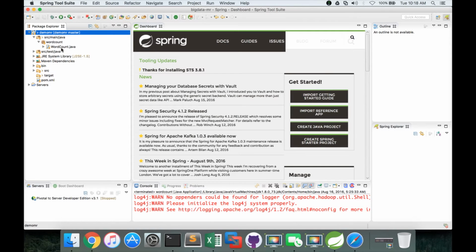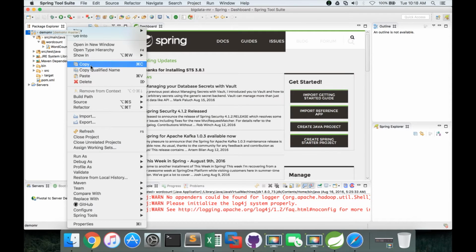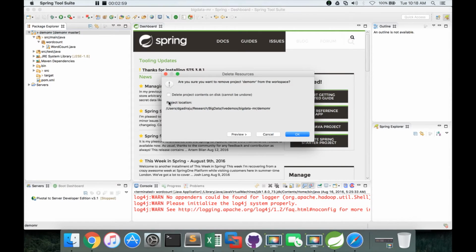As we have only the word count program here, use STS, don't delete from the command line. If you delete from the command line, you might delete the wrong one. Right click on it, click on delete, and then choose this one, delete project contents on disk. If you do not check this one, then the files under demo mr will not be deleted.